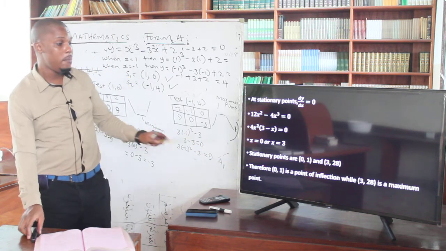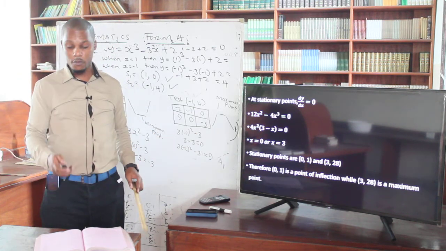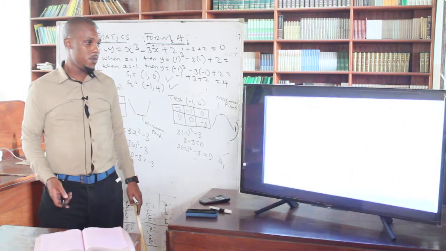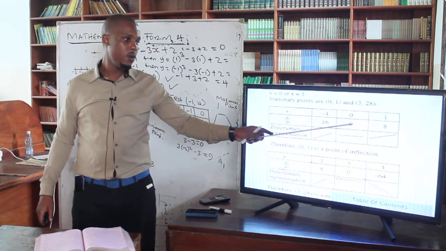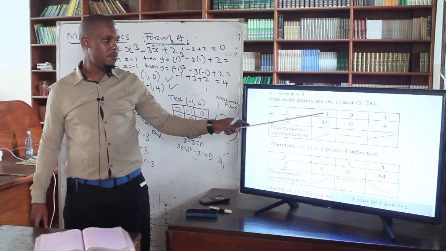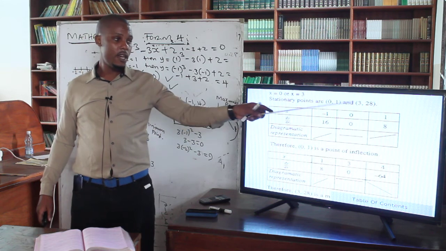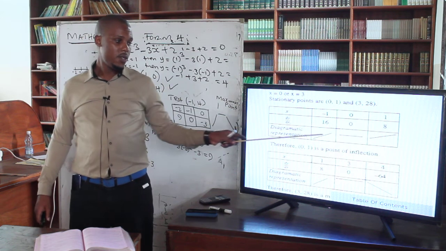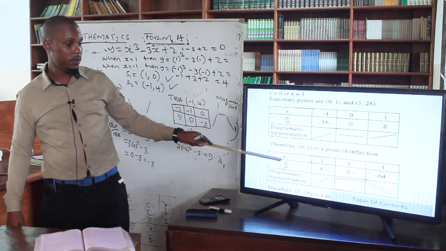You test those points one by one. Before you say this one is a point of inflection, but the other one is a maximum point, you have to test them. That way you can be able to see. So stationary point at this one, 0. At 0, the gradient is 0. Pick 1 to the left, negative 1. Substitute into the gradient equation, 16, positive. Then the other one is the same case, positive. So you can see, the diagrammatic representation indicates it is a point of inflection.